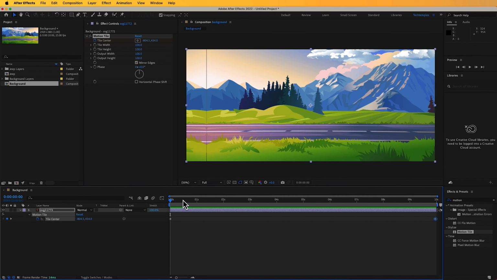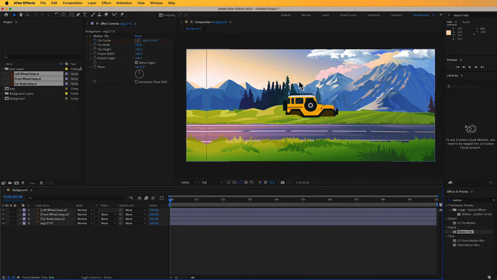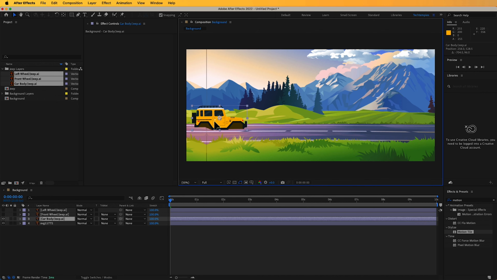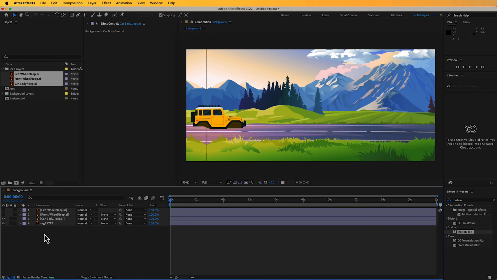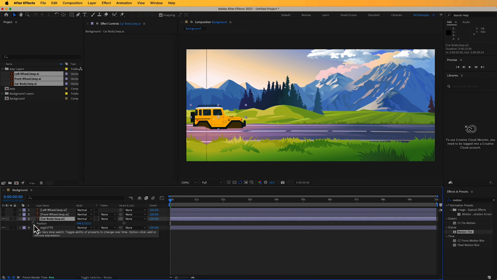Okay, this is cool. And then go to the project panel, click this G layer, select this layer, drag and drop, and place it into this timeline on top. Okay, unhide this V layer, select your body layer, select this body layer, press P, click this toggle icon,